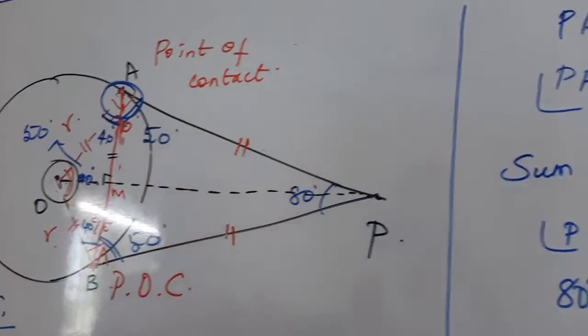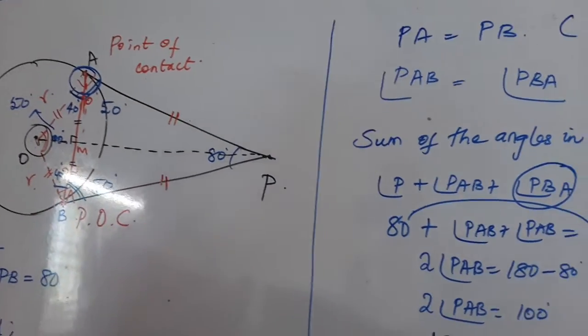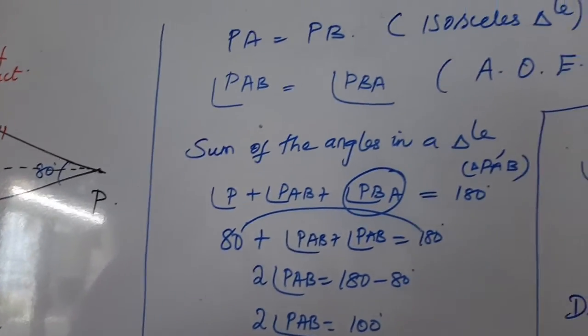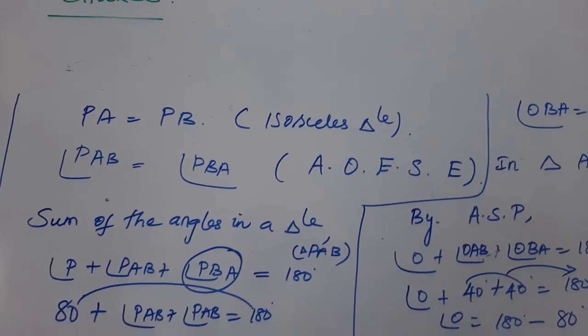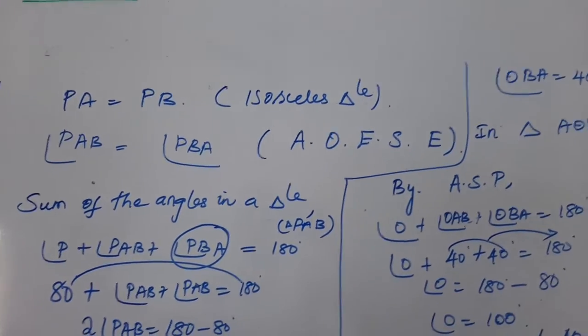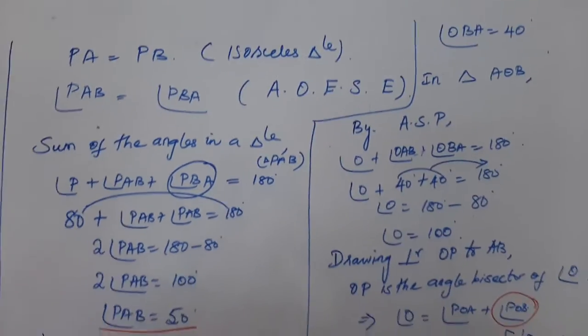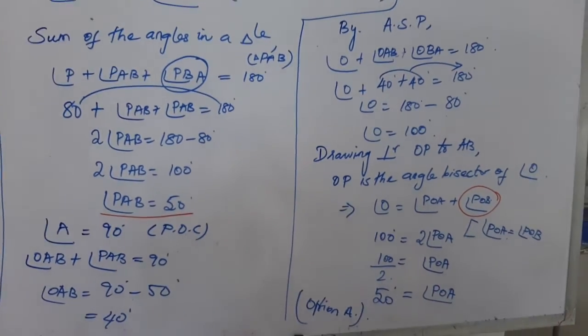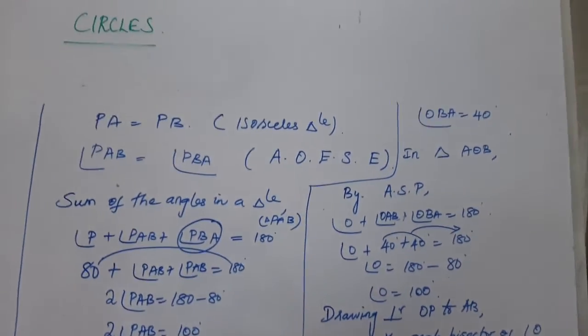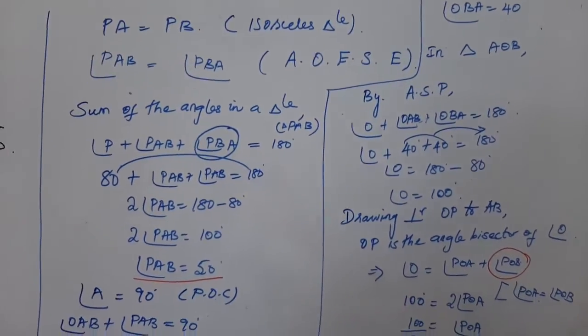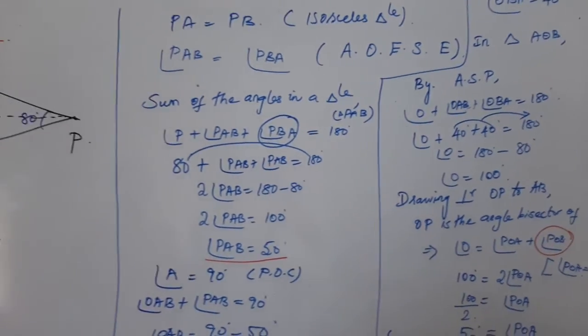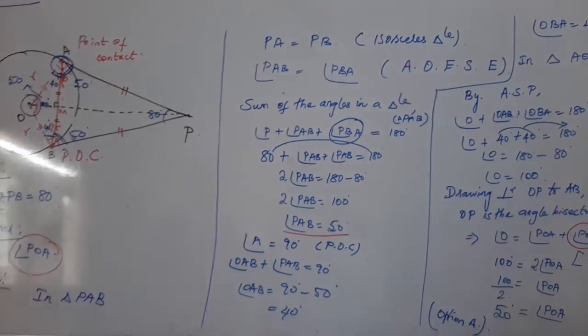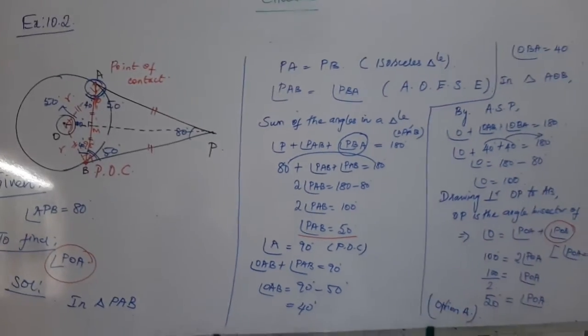Children, if this question is asked in 3 mark or 4 mark, do all these steps, because the total weightage for this chapter is only 4 marks. If this question is asked for 4 marks, do all these steps. Suppose this question is asked for 1 mark as a multiple choice question, I can teach you another easy method for 1 mark.